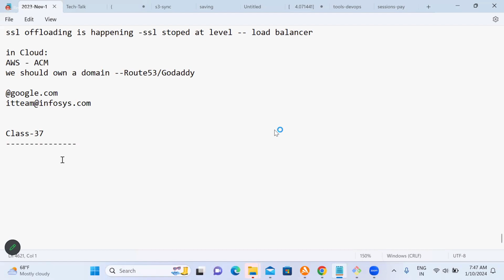My objective now was to route the request to the load balancer, S3 or CloudFront with an easily accessible, easily rememberable domain. That is one objective. And then, when you are accessing any website, we don't access it with the HTTP protocol. We always access it with HTTPS. So for that,